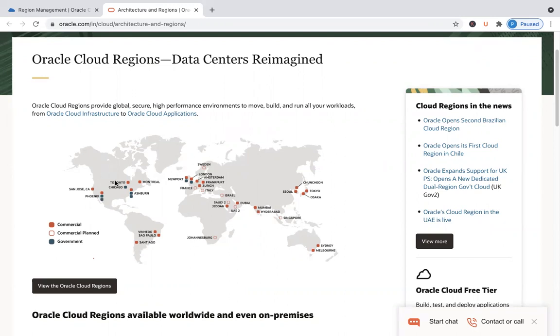And within a region, to build solutions which are highly available and for disaster recovery, what Oracle typically does is provide 3 availability domains in each region. They are called zones in AWS. They're called availability domains in Oracle Cloud.